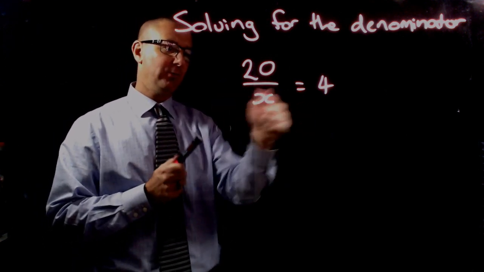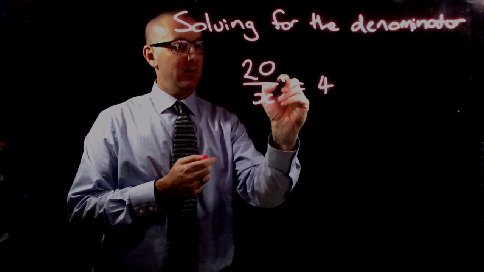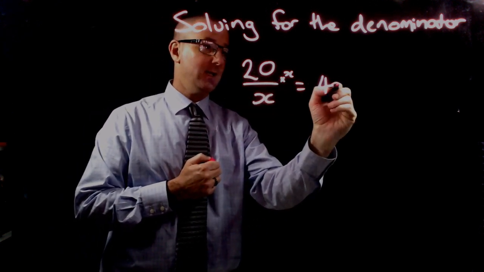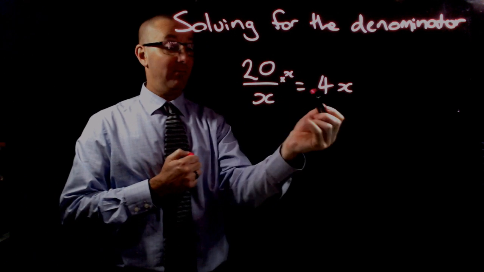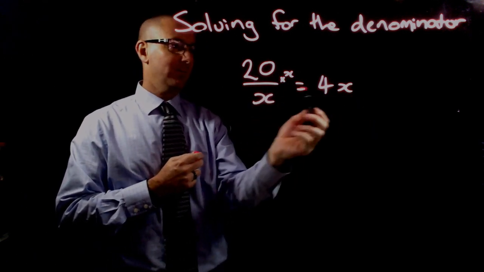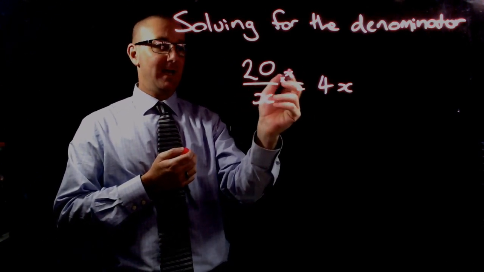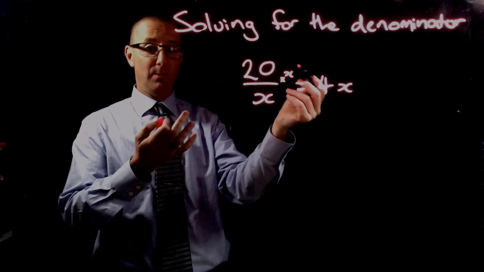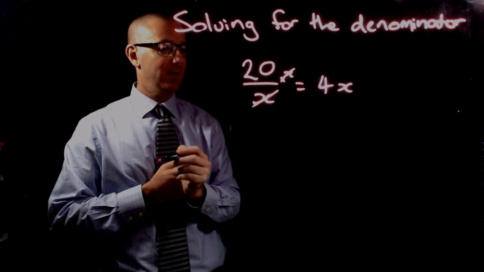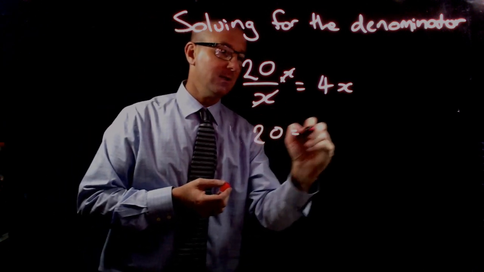So if we multiply both sides now by x, then we're going to end up with 20 times x over x, and we're going to end up on the right hand side with 4 times x. So we've got 20 times x over x equals 4x. Now because we've got an x on the denominator and an x on the top of the fraction, the numerator, what we can do is cancel that x and cancel that x. And so you'll see that on our next line, we're going to end up with 20 is equal to 4